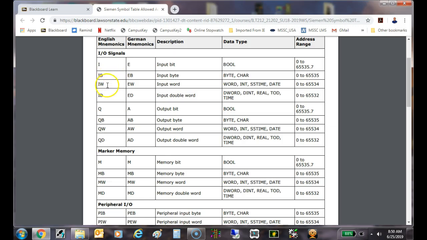IW specifies a word. Now the problem is that you have to remember, on this PLC, you are controlling the memory. So if you input a whole word, 16 bits of inputs, you have to remember that, right? This doesn't come into play except when you start dealing with numbers and memory bytes. And then ID, a double word, would be 32 bits. So we could actually input 32 bits at one time.